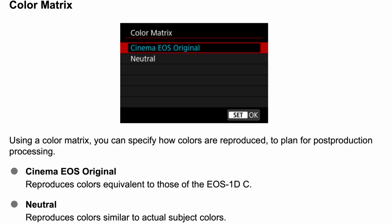So once you've turned View Assist on, then you want to go down to Color Matrix, and you have two choices. You can choose Cinema, or you can choose Neutral. I'm not sure really which one I like yet. I haven't really had the camera long enough to know. So I'm trying Cinema out first, but the one thing that is very, very important to realize here is this